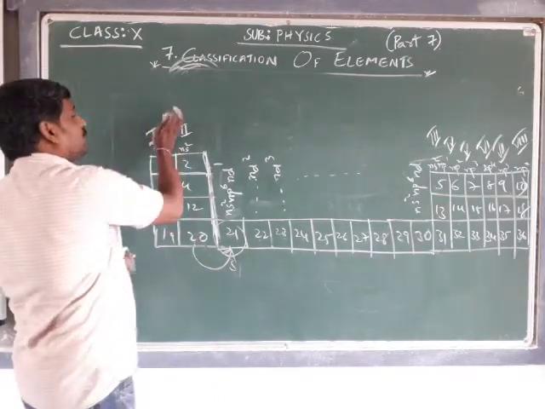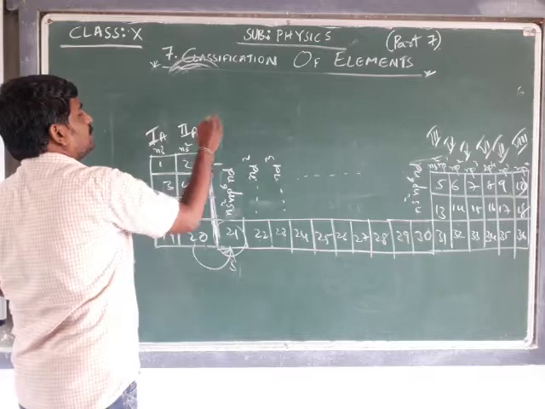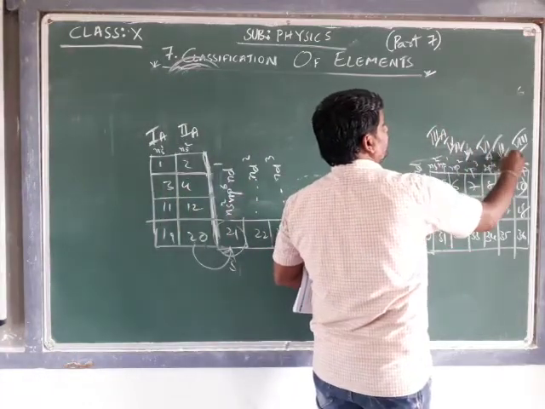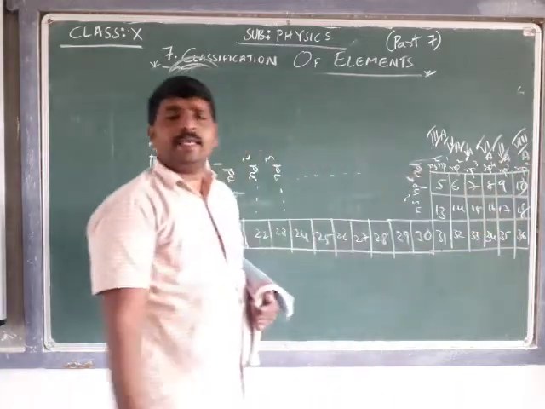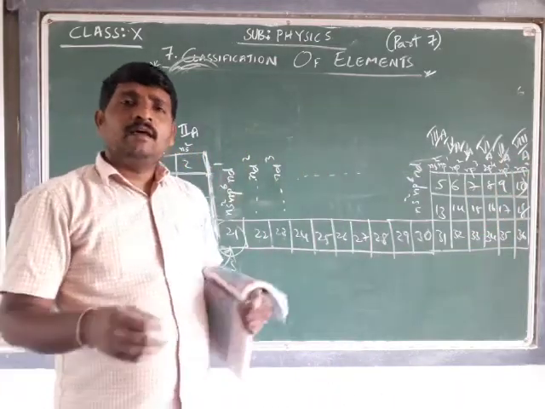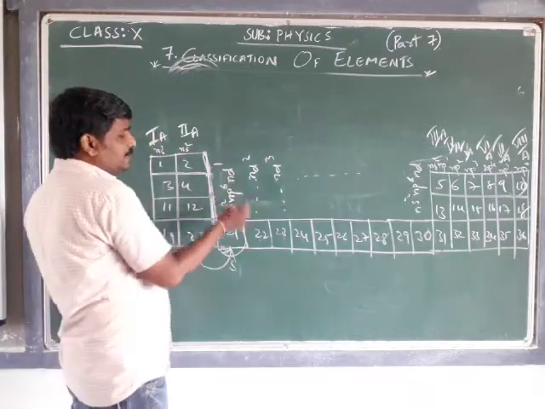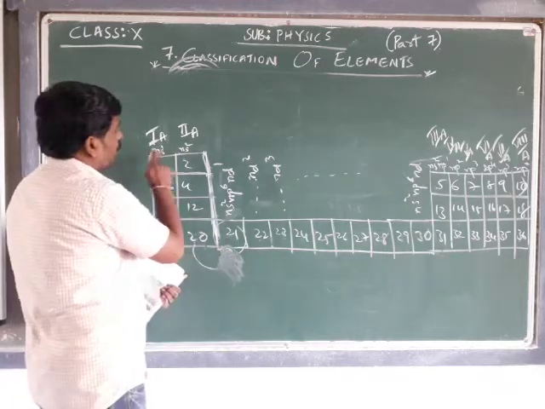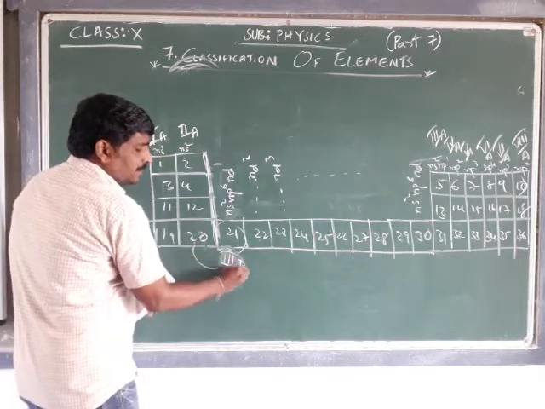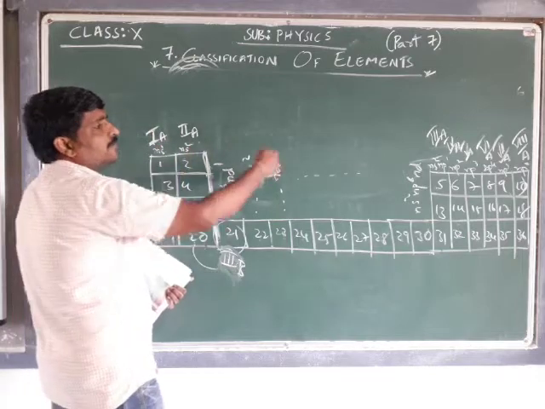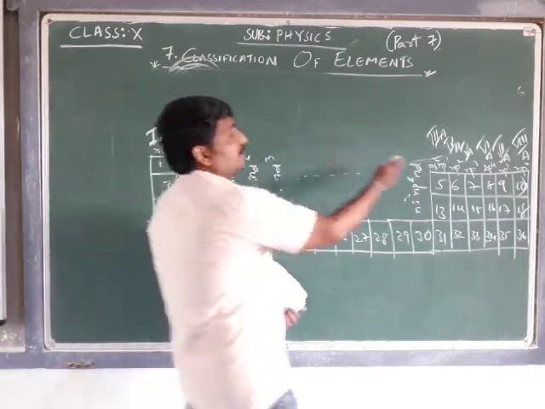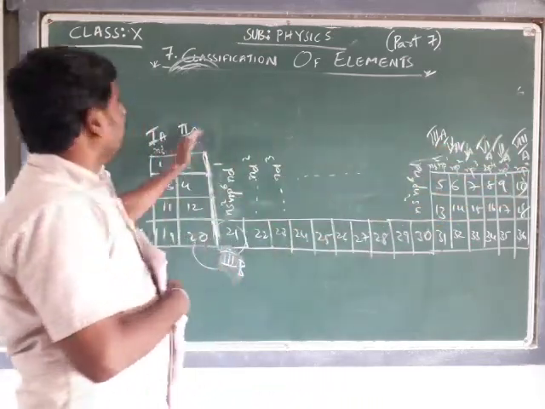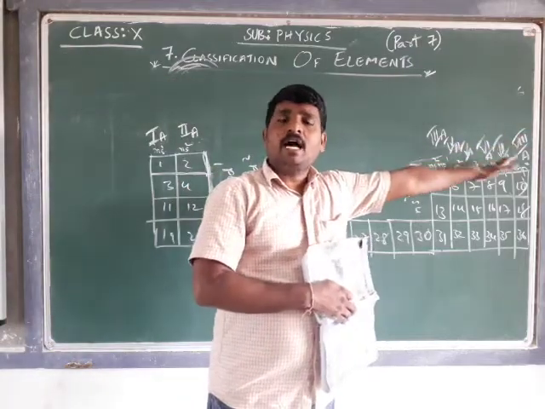Initially it was 1A, 2A, 3A, 4A, 5A, 6A, 7A, 8A, which were the group names. It has been given in Roman numerals. This group was given as 1, 2. Again, this is 3B. For continuation, actually 1, 2. After that, initially this was the third group, fourth group, fifth group, sixth group, seventh group, eighth group. So it is being given as 1A, 2A, 3A, 4A, 5A, 6A, 7A. Up to that has been given.